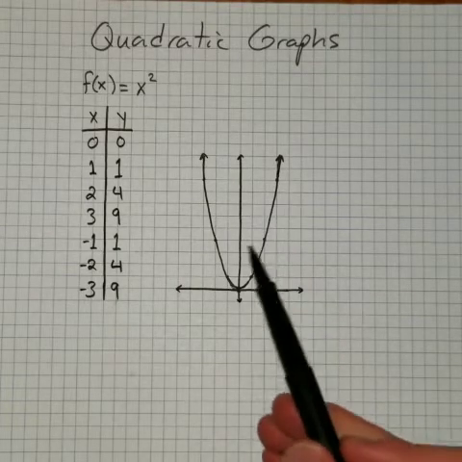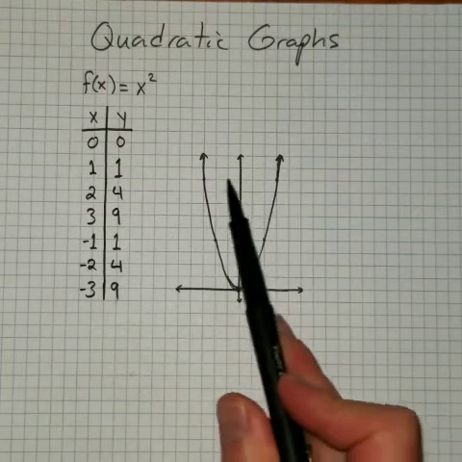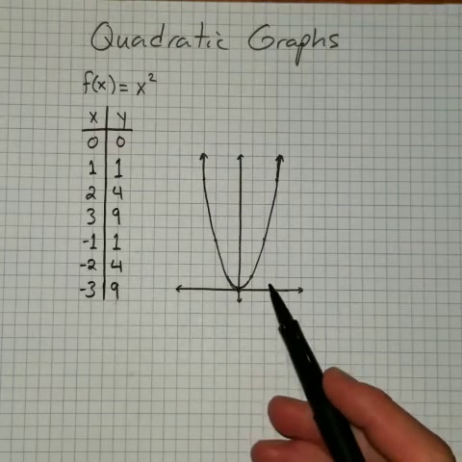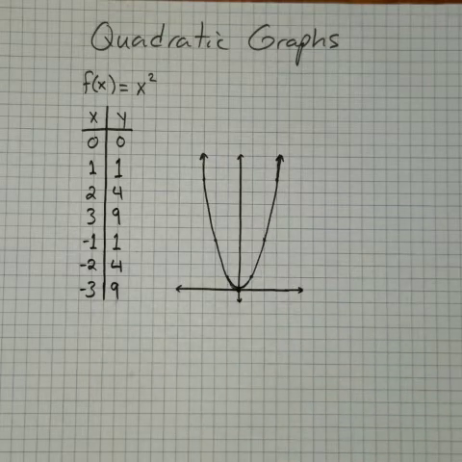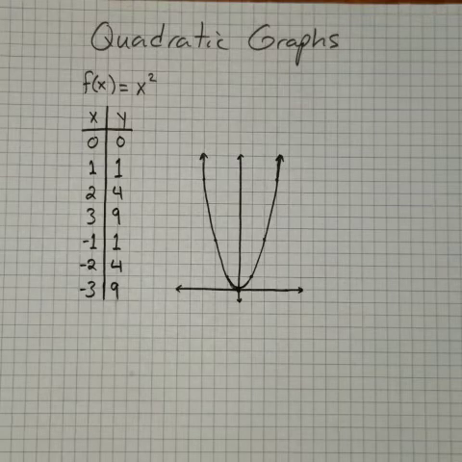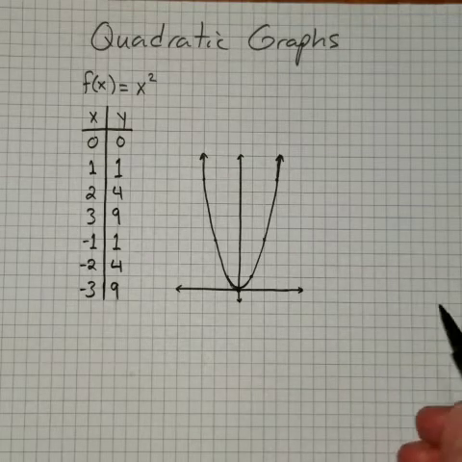Okay. I want you to see also that there's some symmetry to this graph. I pointed it out before, but the whole graph is symmetrical. Every point on the graph has a point that's symmetrical across the y-axis. So there's some very important features to this graph that I need to point out. First of all,